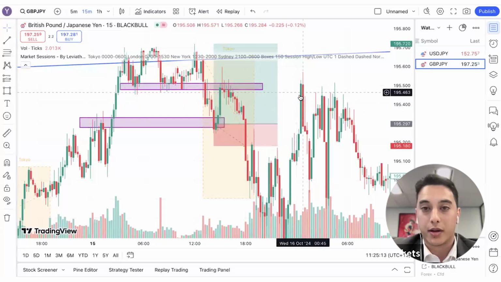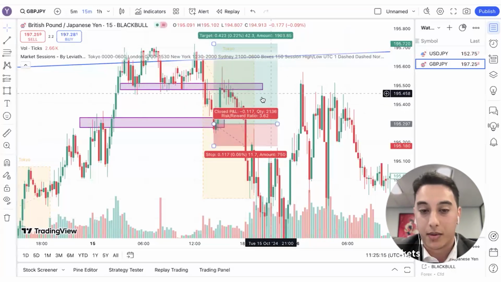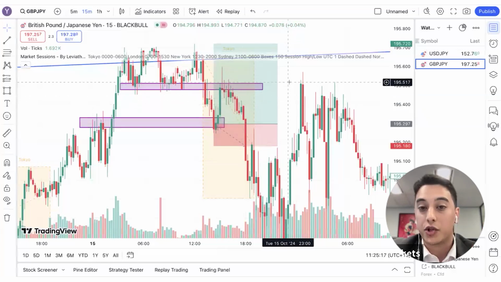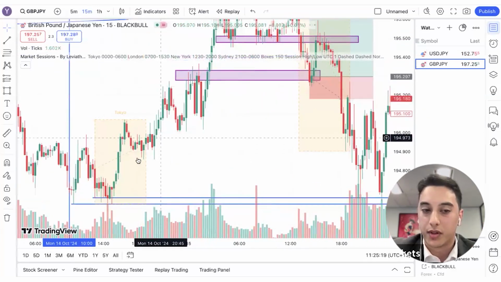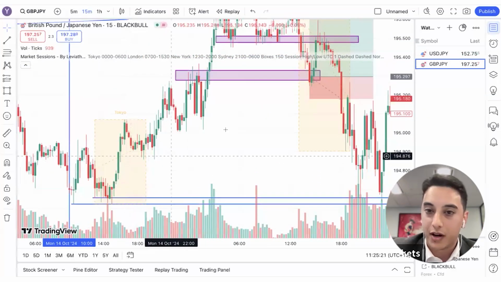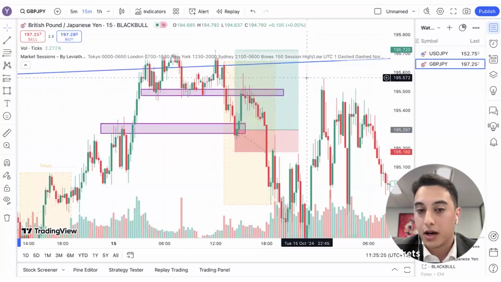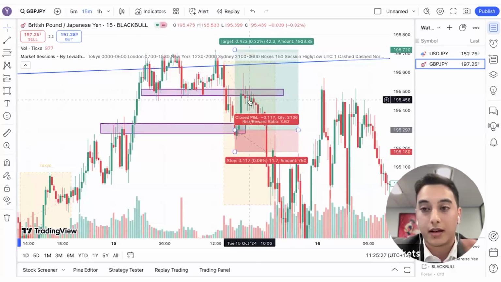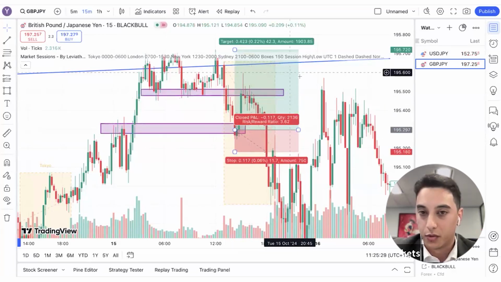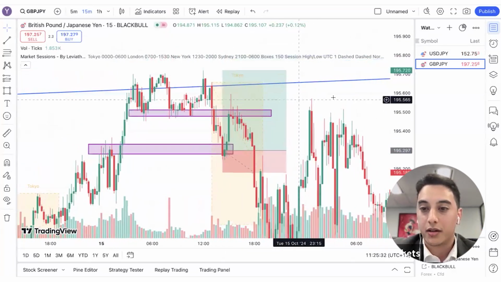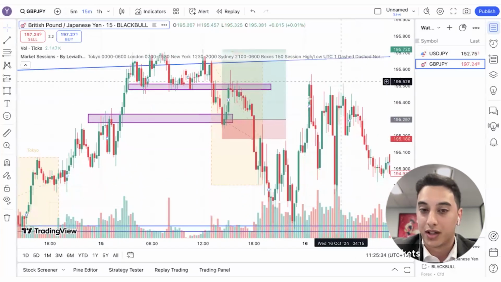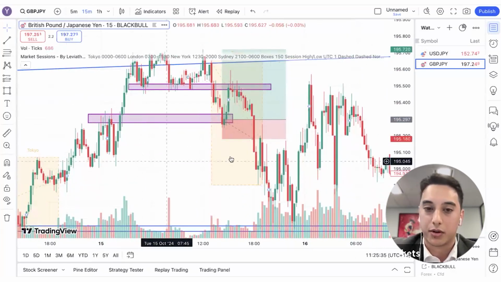you could just take the loss, right? Which is completely fine, as long as you manage your risk. Assuming you won the previous day, that was a 2.5R trade. This one's a 3.6 trade. If you take the loss here, that is completely fine. That's within your risk management strategy. If you keep trading like that and you take small losses and big wins, then you'll end up profitable.